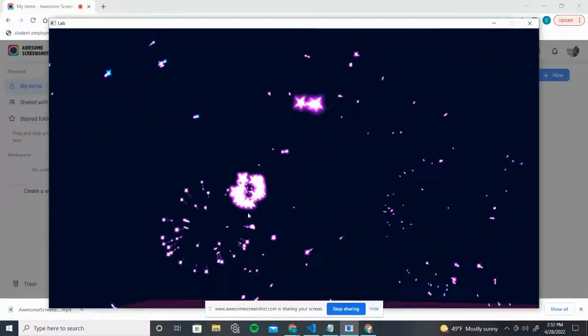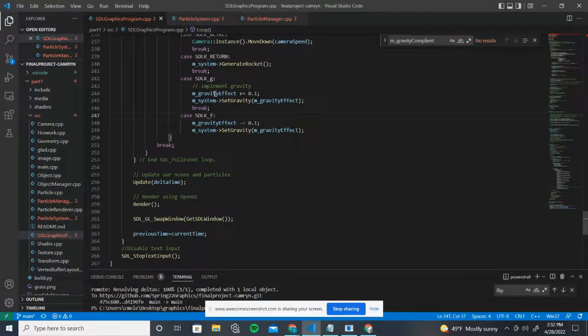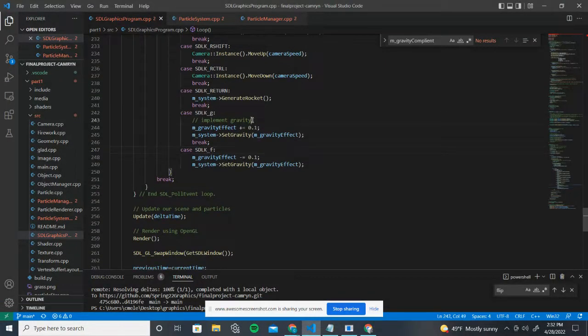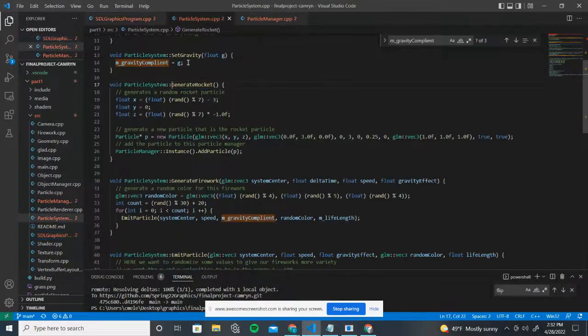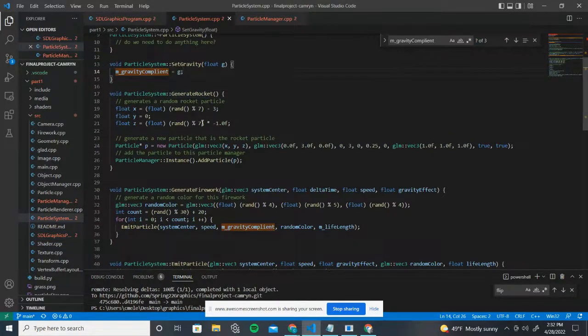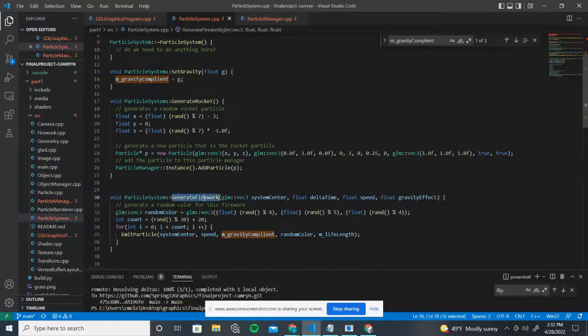Okay, so if we hop into the code, you can see it all starts in the STL graphics program, which is structured very similarly to what we have seen in the past. If you hit the return key, it will call this generate rocket function. And if we go into this particle system class, which is in charge of generating rockets, generating fireworks, and also